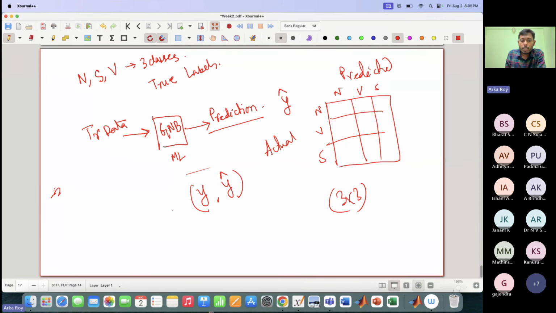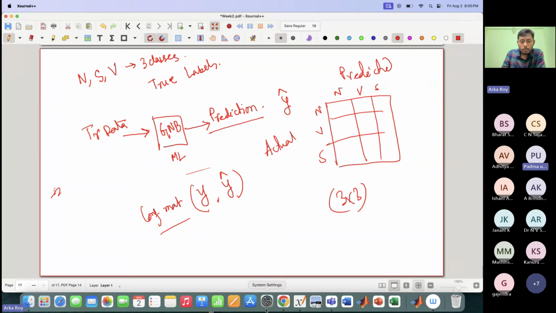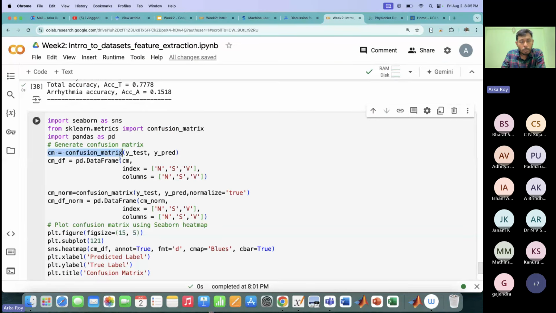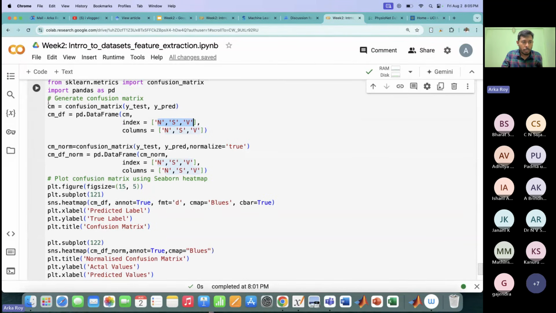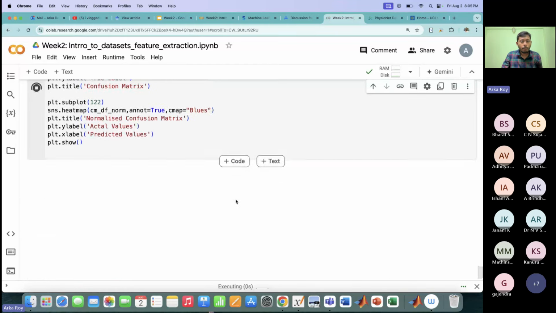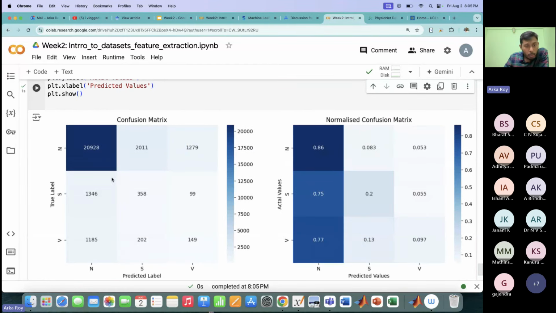I have to use these two to create the confusion matrix. So you can see that it takes 2 arguments, the original labels and the predicted labels. I have stored the data in NSV format, so I want it to be plotted in NSV format as well. And there is another concept called the normalized confusion matrix. I'll tell you what it is. So if I just plot them, okay. So you see,